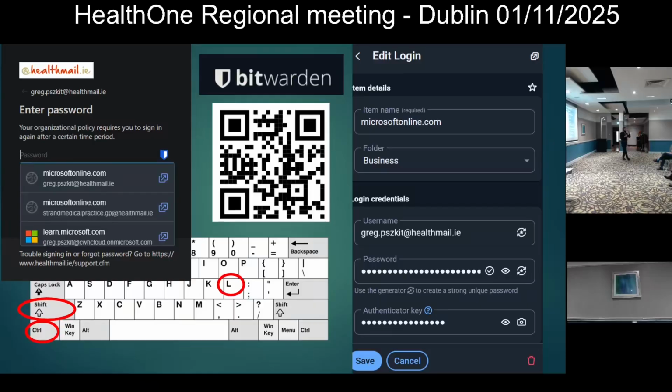That's number one. They're good quality because they can be generated. That's number two. Number three is you will not be reusing passwords. And that's probably the biggest sin, that we use easy passwords and we reuse them. And that's one of the reasons, I would assume, why HealthMail made us go through the troubles of setting up